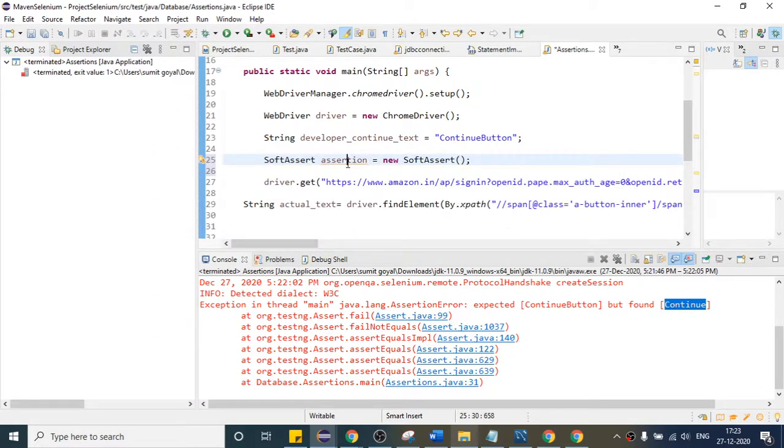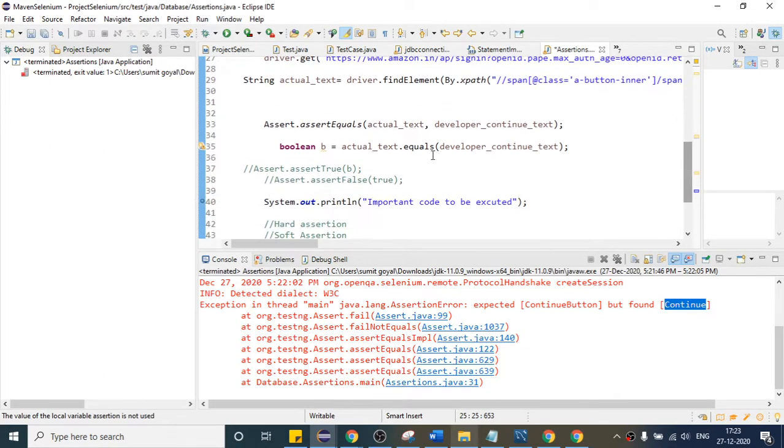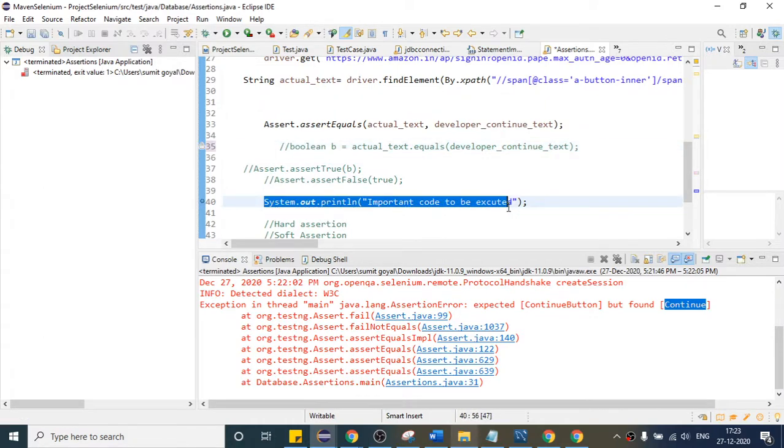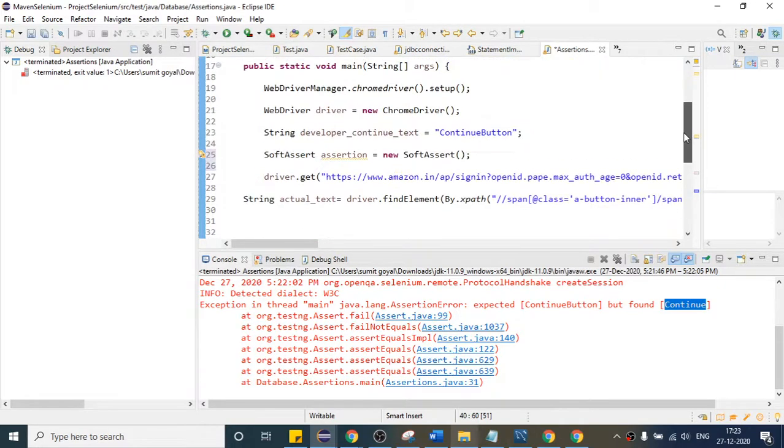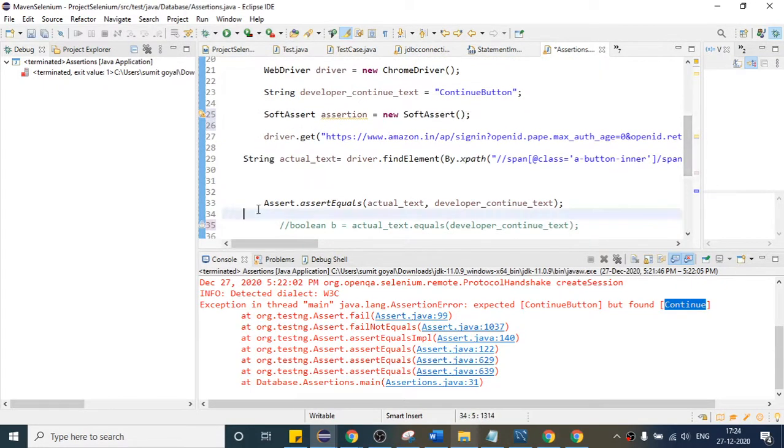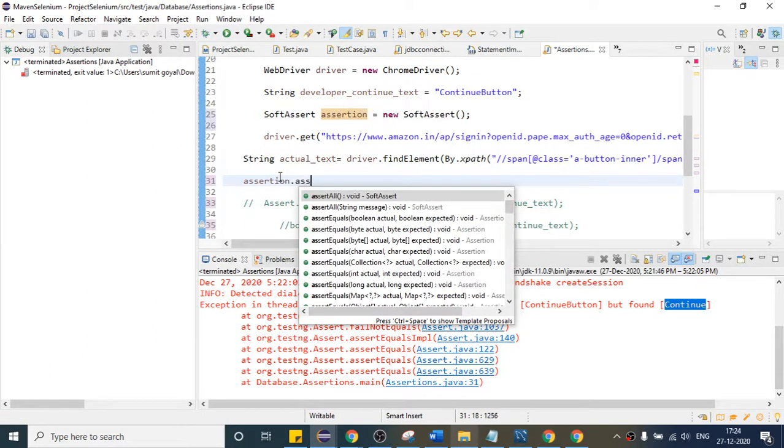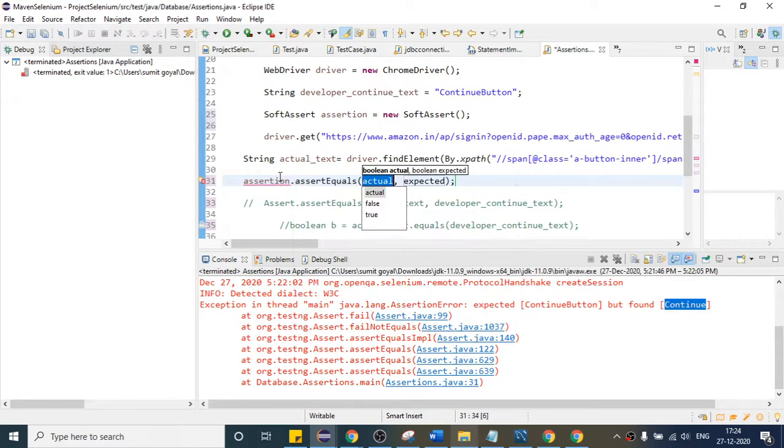So now, instead of doing it like this, let me comment this. And also this is our important code that needs to be executed at any cost. And if I comment this one as well, right? So this is our object name of this class. And now after this I will say assertion dot assertEquals, right? Here if I write the same thing,